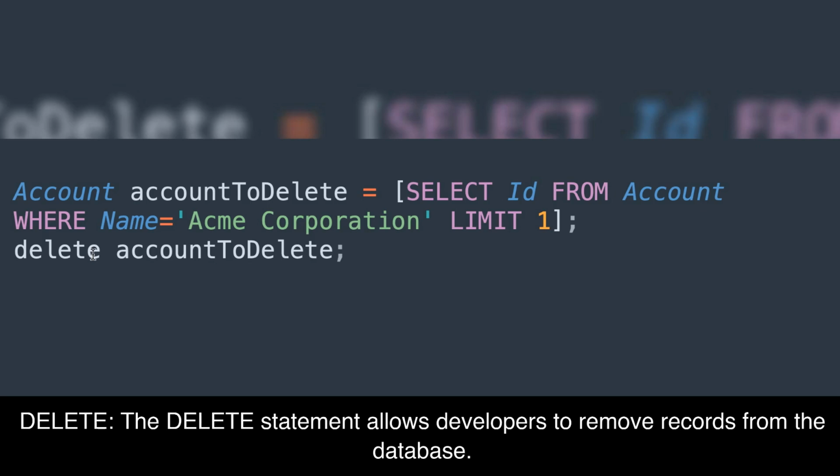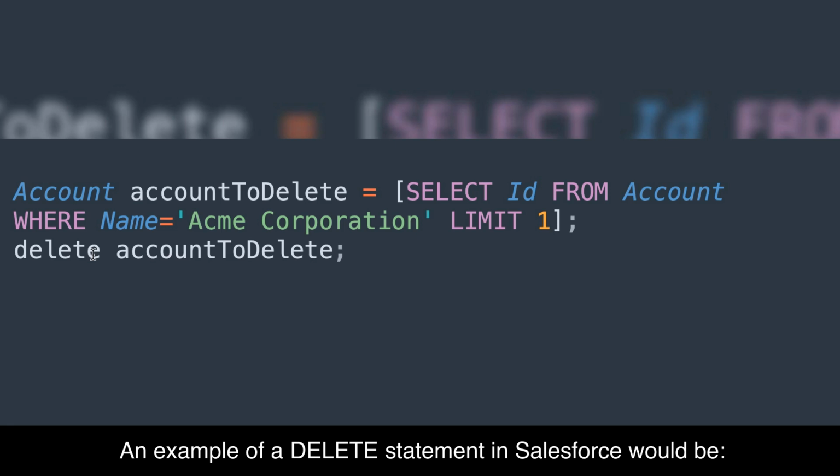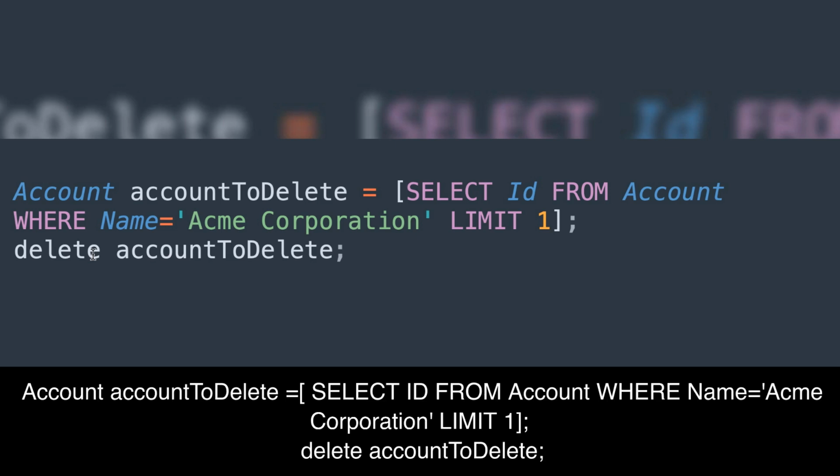Delete. The delete statement allows developers to remove records from the database. It requires specifying the object type and the record's ID to be deleted. An example of a delete statement in Salesforce would be: Account accountToDelete = [SELECT Id FROM Account WHERE Name = 'Acme Corporation' LIMIT 1]; delete accountToDelete;